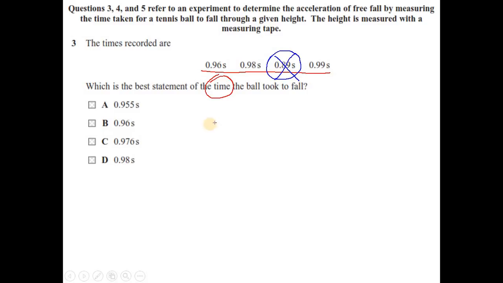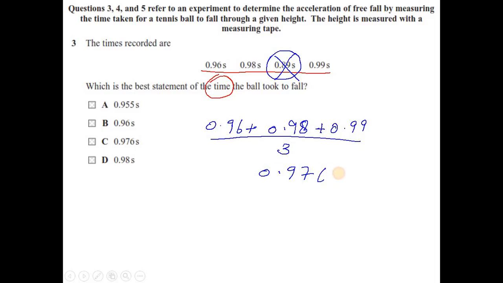And once you find the mean value of 0.96 plus 0.98 plus 0.99 divided by 3, your calculator is going to give you 0.9766, and you might get confused looking at 0.976 with option C, but you need to be careful about the choice of the answer, because your data set is given in